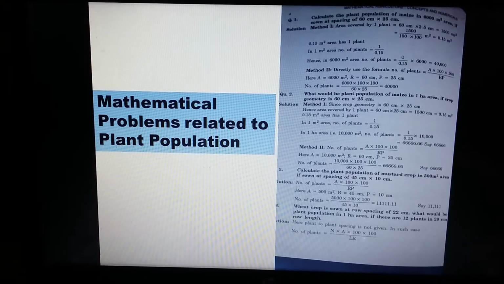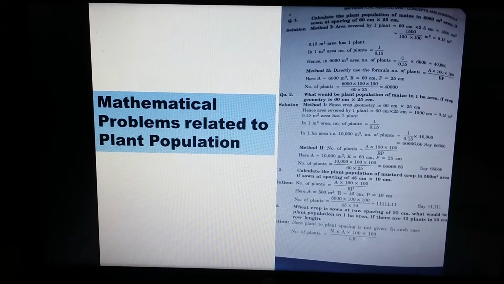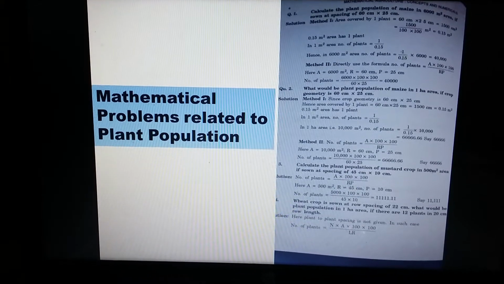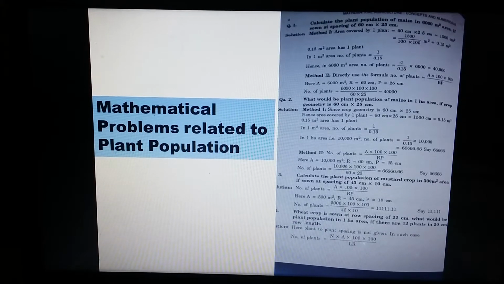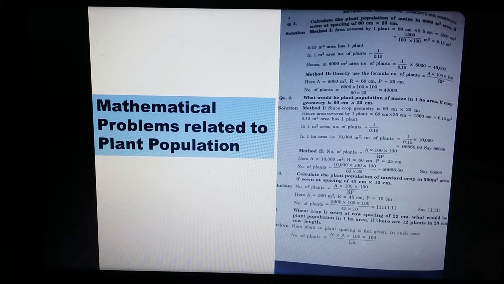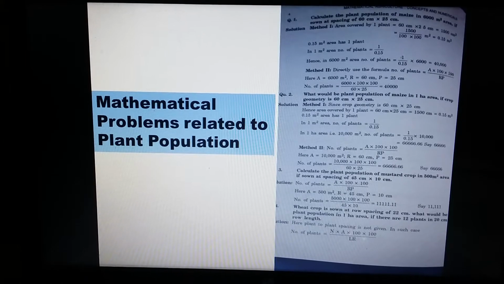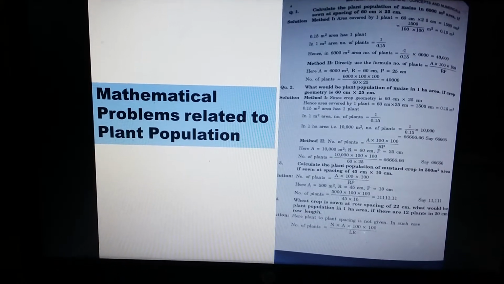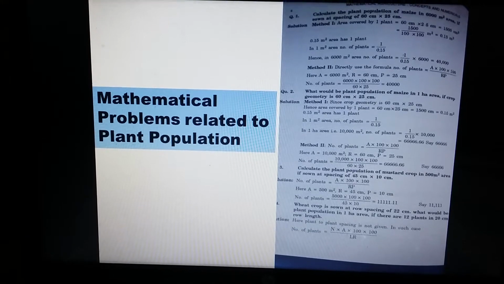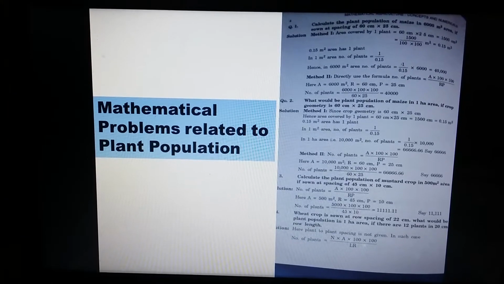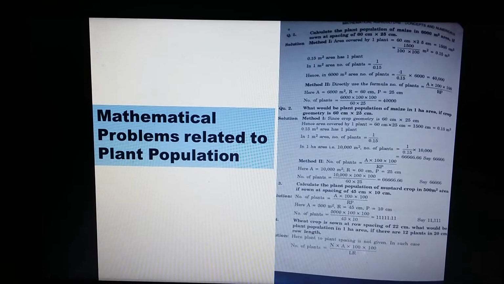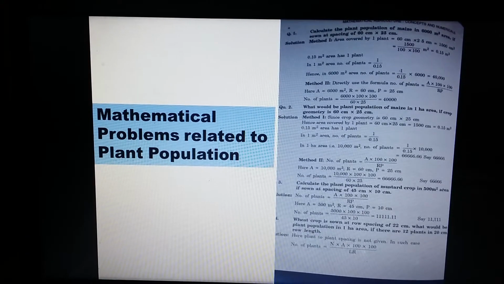This problem is we can assess the plant population of wheat crop by this formula. So the formula will be number of plants equal to N into A into 100 into 100 divided by L into R. So what is N? N is a particular row length, how many crops are there, so that is N, and A means area, into 100 divided by L means row length and into R means row to row spacing.